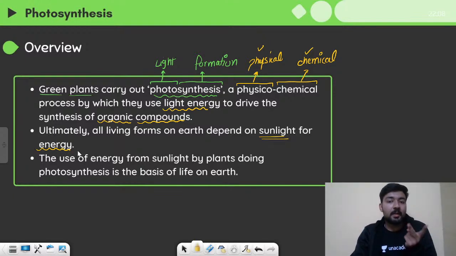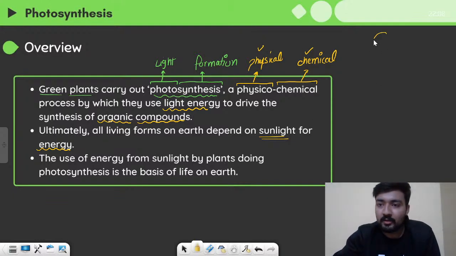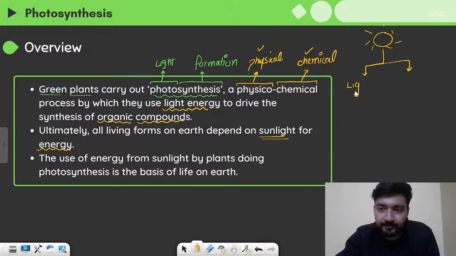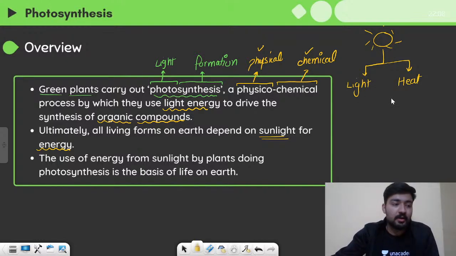The energy from the sun comes in two forms, right? First is the light energy and second is the heat energy. And this light energy can be captured by green plants to carry out the process of photosynthesis. Okay, and it says that the use of energy from sunlight by plants doing photosynthesis is the basis of life on earth. So yes, it is the phenomenon that is enabling life on the planet,